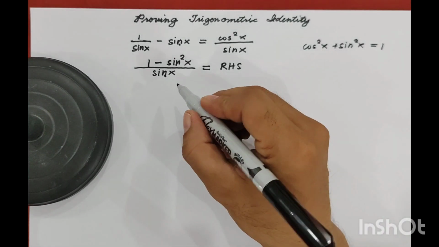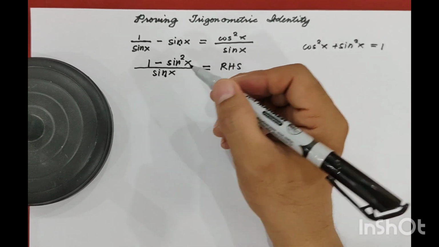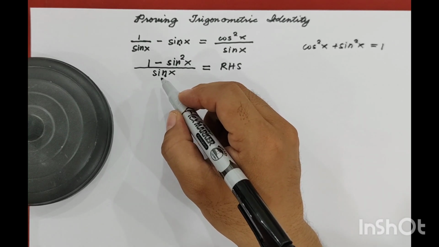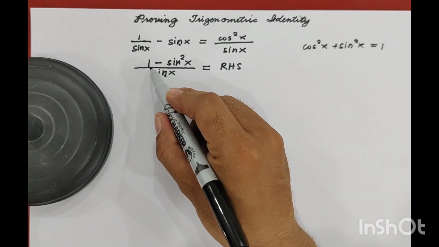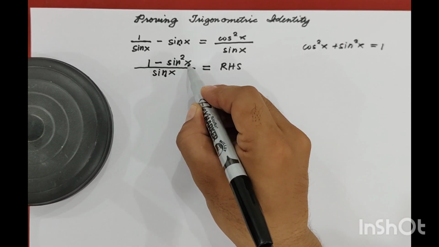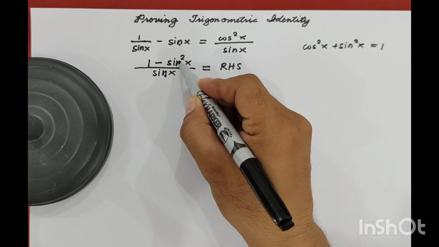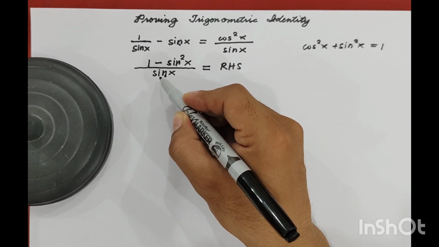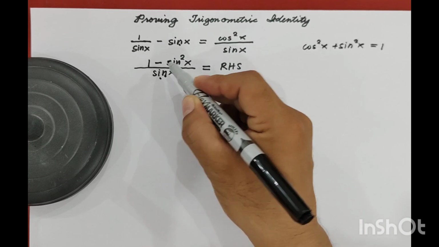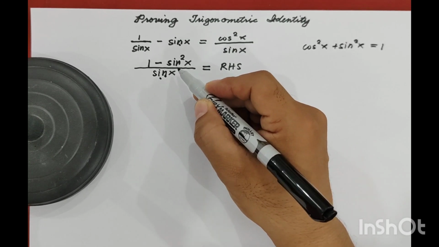Okay? So now, we have this, the left side of the equation. So we are going to simplify the left-hand side of the equation. So let us look into the numerator. We have 1 over sine squared x. So take note, you cannot simplify this sine squared x with the denominator. Don't do that because the numerator has two terms. We have minus sign here. Okay? So you cannot directly cancel out sine of x.